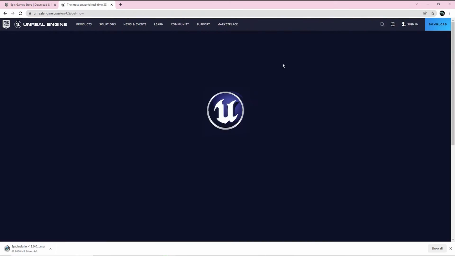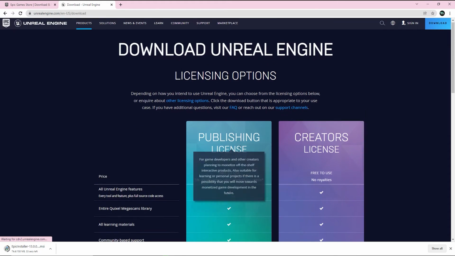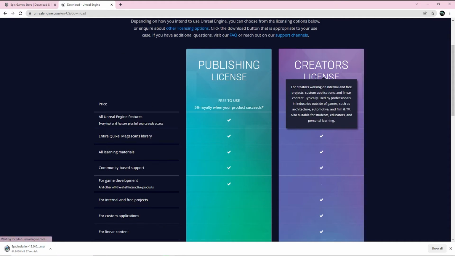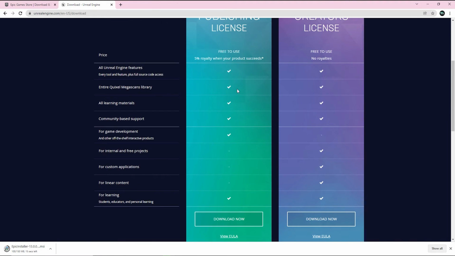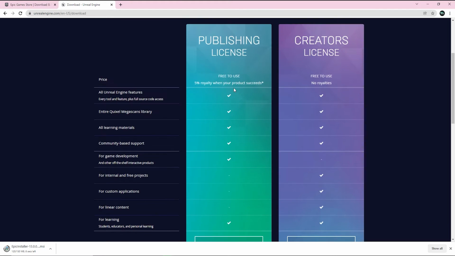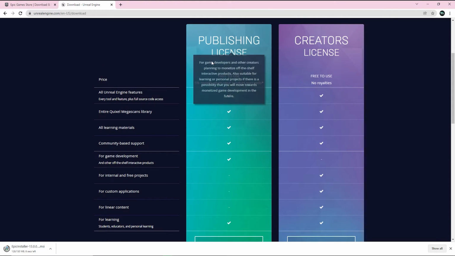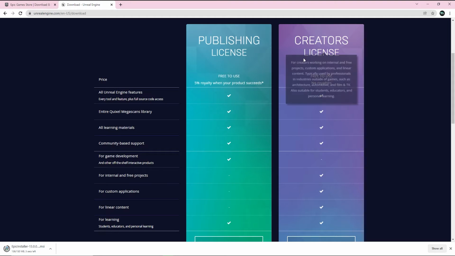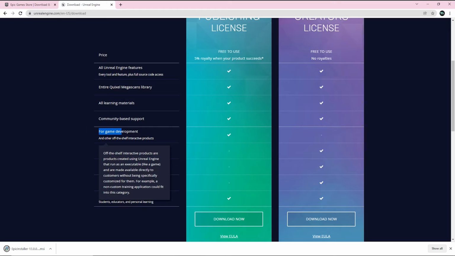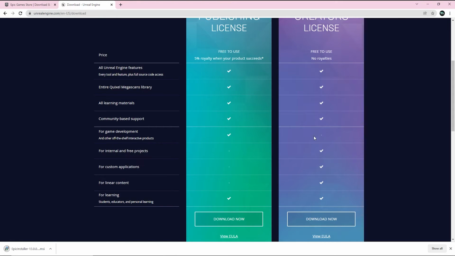So just click on this and from here you can see different license types, publishing license and creator license. As we are going to develop games, we can download the publishing license, but you can also do the same things with this. As you can see, just game development and other. For this there are some other things which are missing. So don't worry,